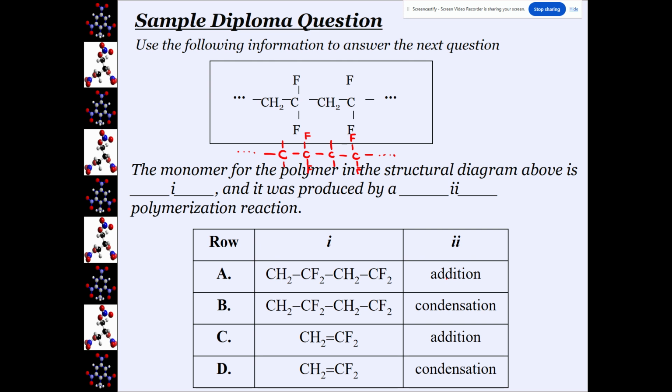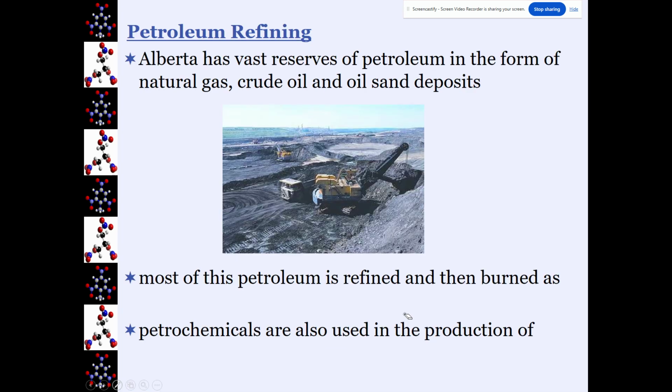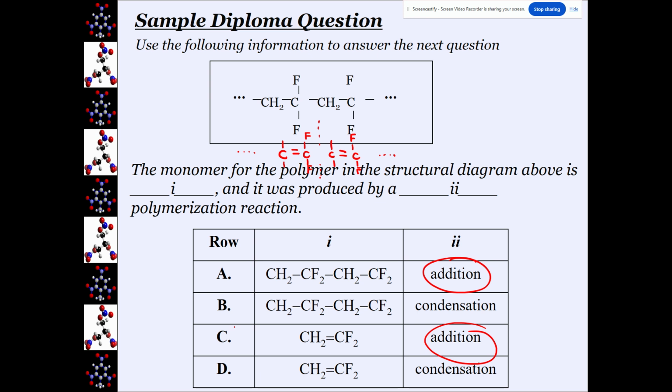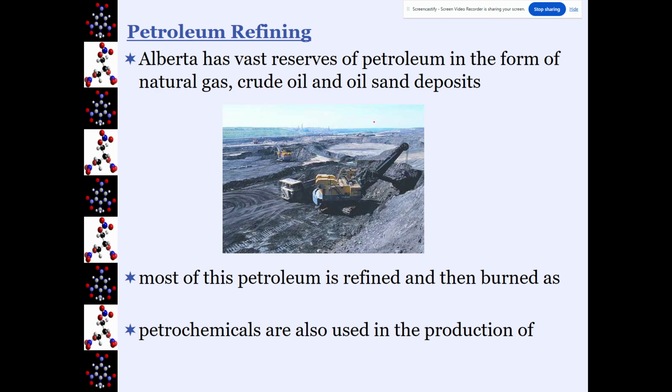There's no water, so it's an addition polymerization reaction. And if we split it in half and then put a double bond, I'm getting my monomers. CH2, because these are now gone, CH2, CF2. So the answer is C. Oh, my answer's not coming up there. Answer is C. Okay? The last thing we have to look at is different refining processes that we have, and